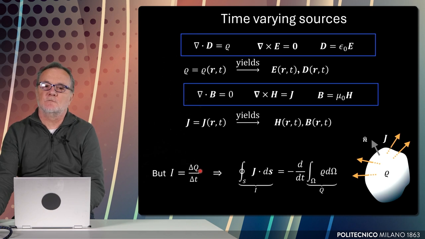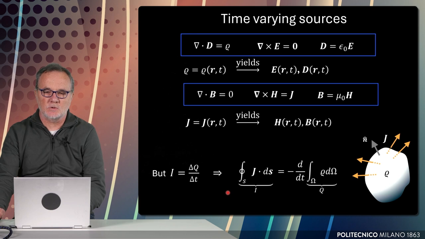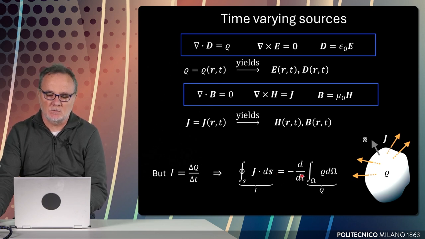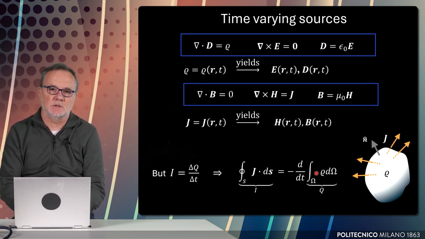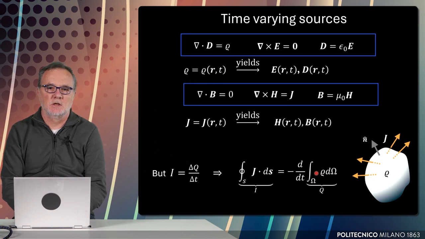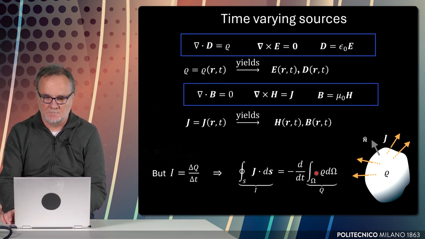There is, however, a link between the current and the charge that we already found. The current is the flux of charge through a given surface, and if we consider a volume bounded by a closed surface S, the total flux of the current density out of the volume, that is, the total current exiting this volume, must necessarily be accompanied by a change over time of the charge density inside the volume, so that our current is produced by charge. This produces a link between electric phenomena governed by charge and magnetic phenomena governed by currents.